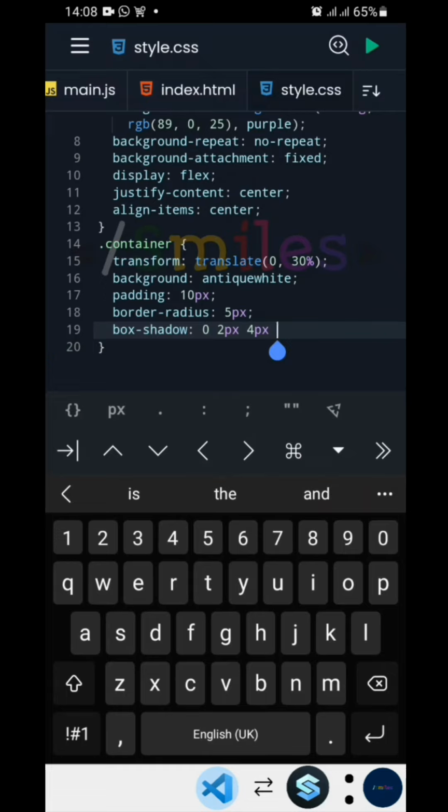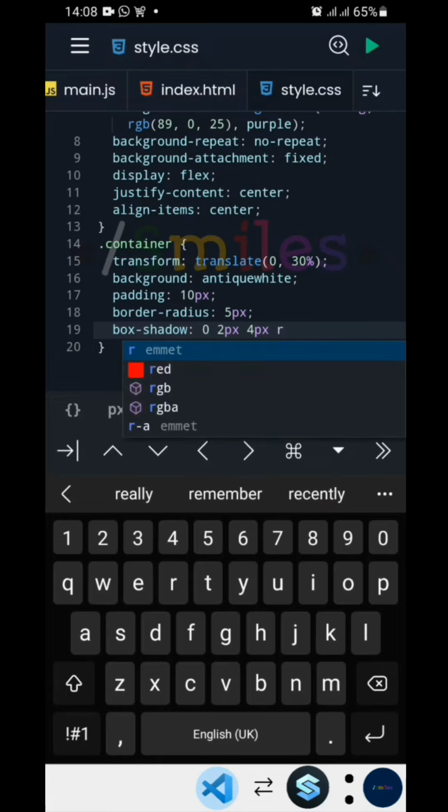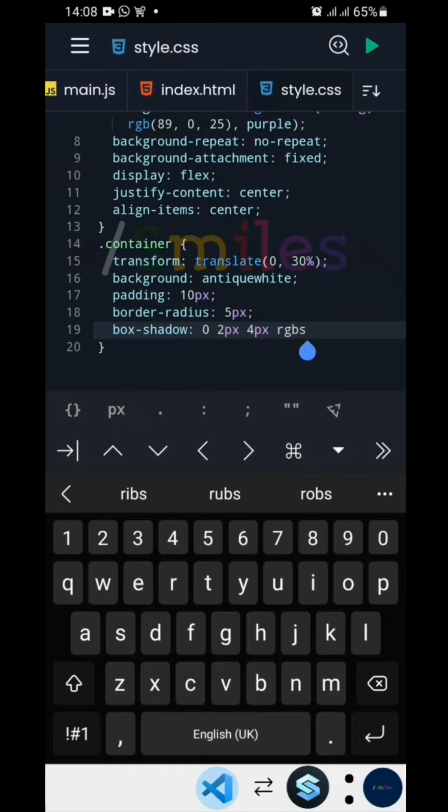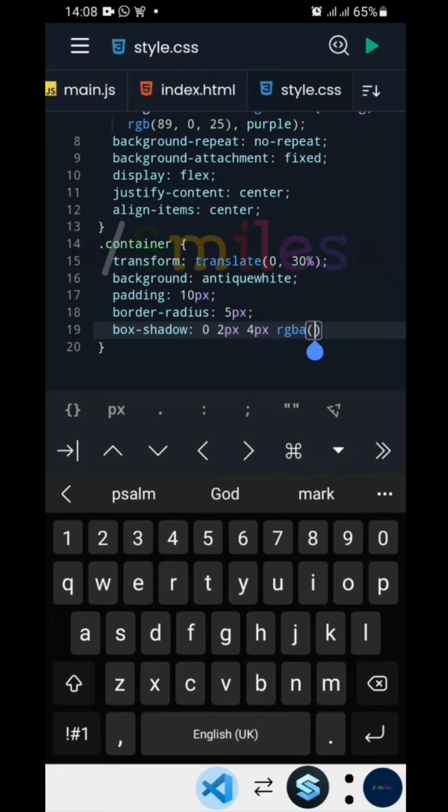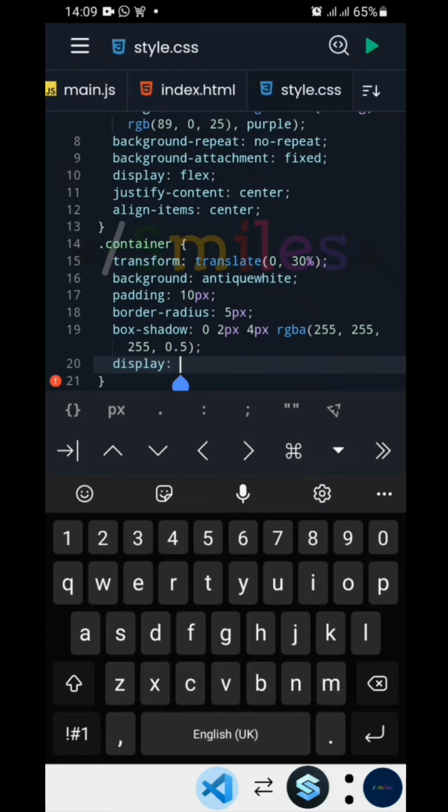And we want the color to be an RGBA color, and we'll be inputting the codes, say 255, just a really white color with very slashed opacity. Give it an opacity of 0.5. That's good. And next we want to set the display again to flex,